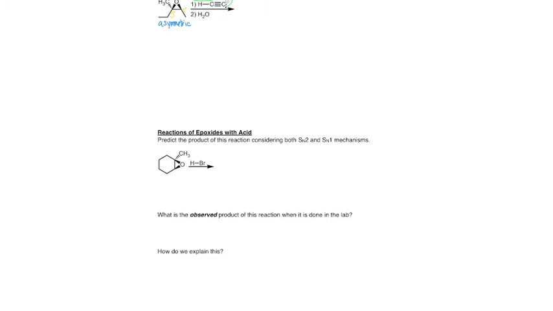But notice we are doing SN2. So if we're doing SN2, we always want less substituted. I'm going to write that out: less substituted gets attacked. So we have to make that choice right away, before I even finish drawing the very first arrow. I'm not going to attack the one that has a 3 on it. I'm going to attack the one that has the 2, right there. Attack, kick open. That's the regiochemistry you don't want to ignore, because then we'd go down the wrong path. So it's going to look like this.